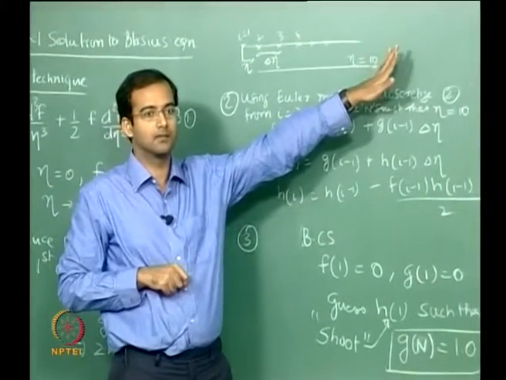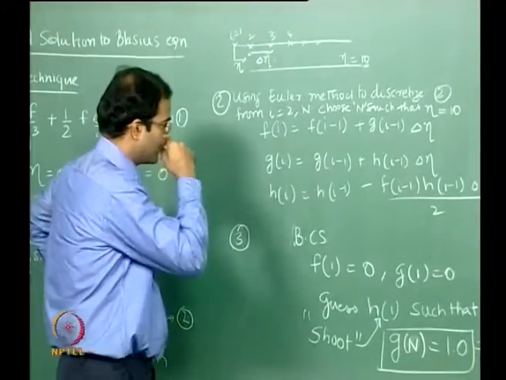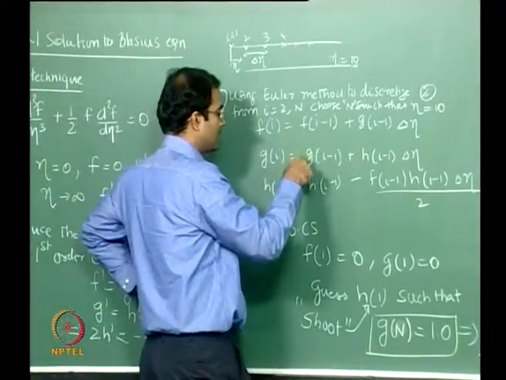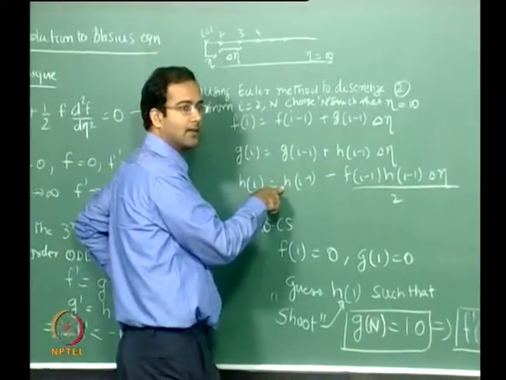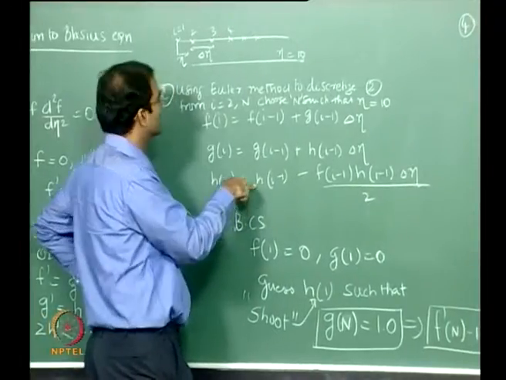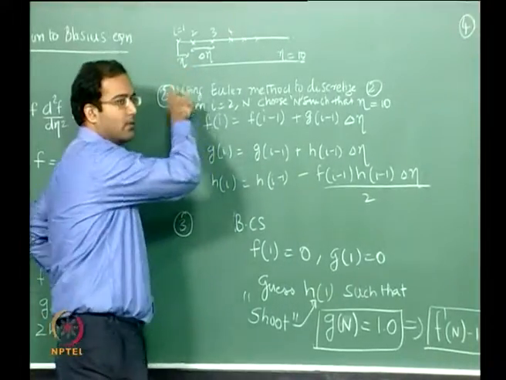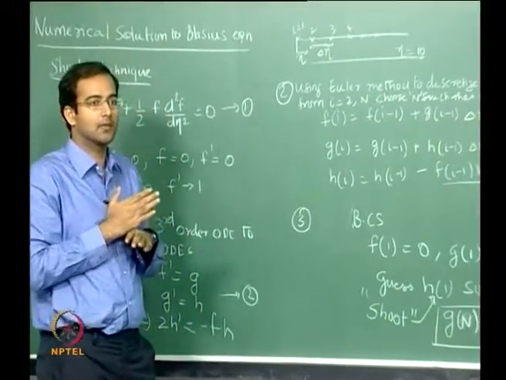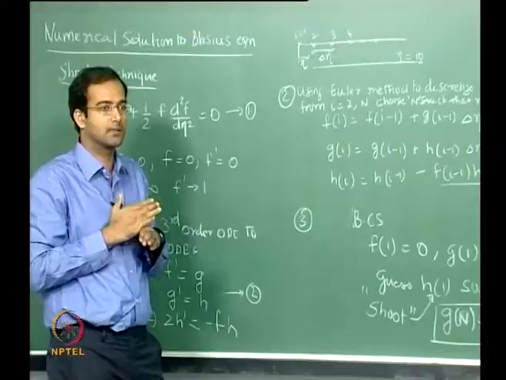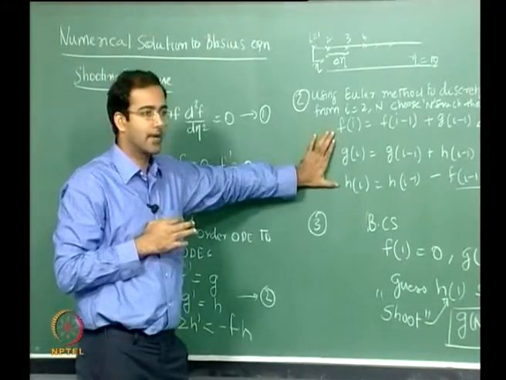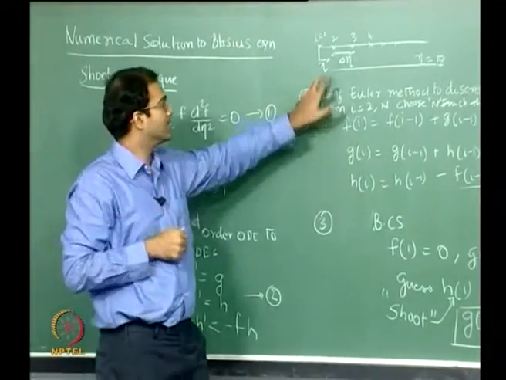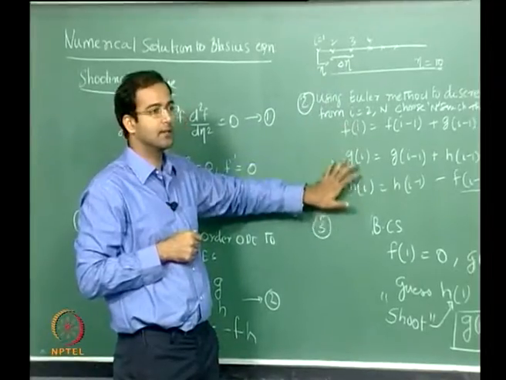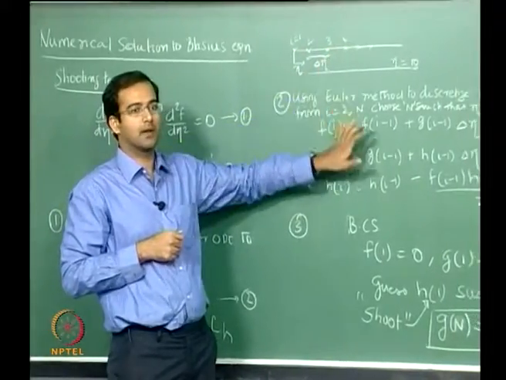Now for this you need boundary conditions for f, g and h all at i equal to 1. Your i equal to 1 corresponds to eta equal to 0. So you need all the 3 values at eta equal to 0 to start this marching process, and you have to solve this together. First for the second point you solve all the 3, move to the third point, use that value, and so on and so forth.